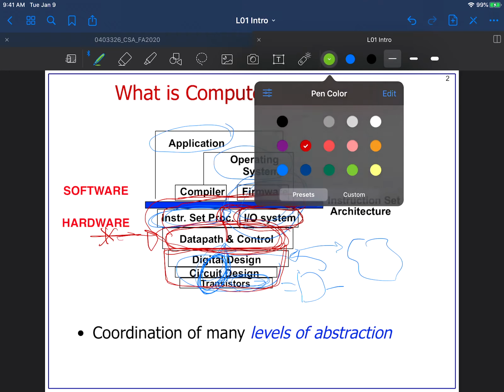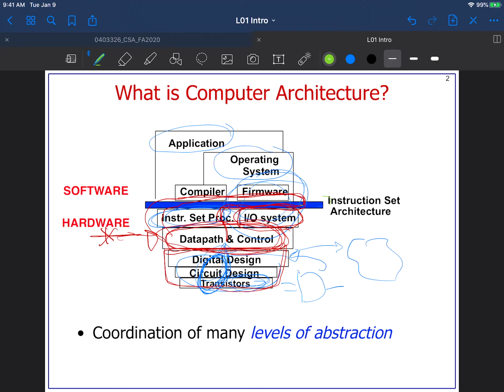This whole block in green is our course. I might talk a little bit about the compiler, the firmware, and the application, but that is basically our focus here, in the heart of your studies,